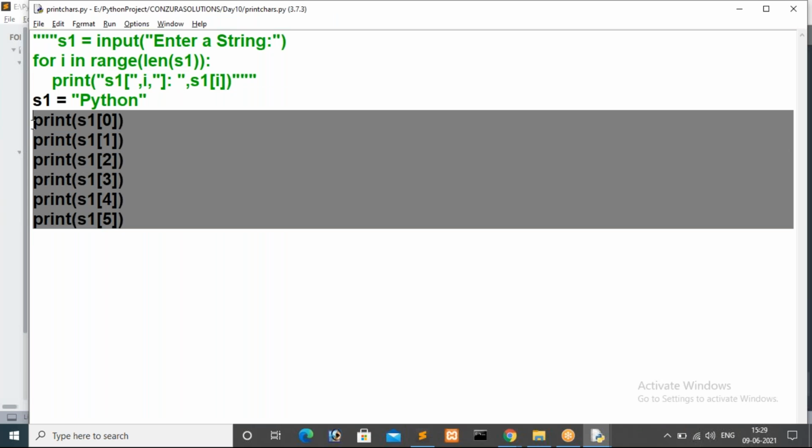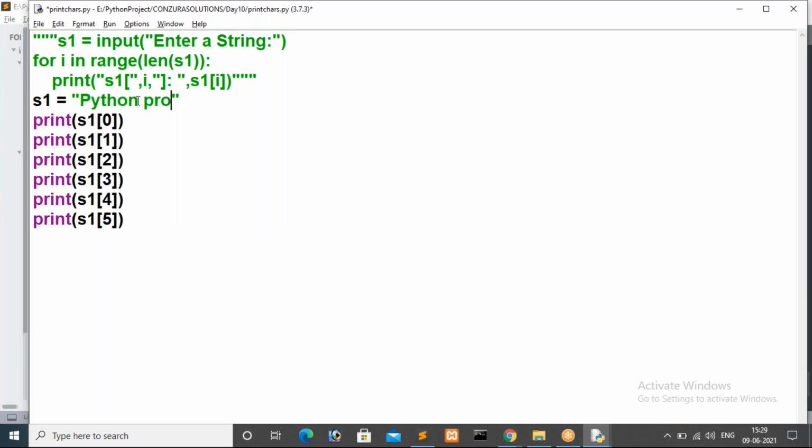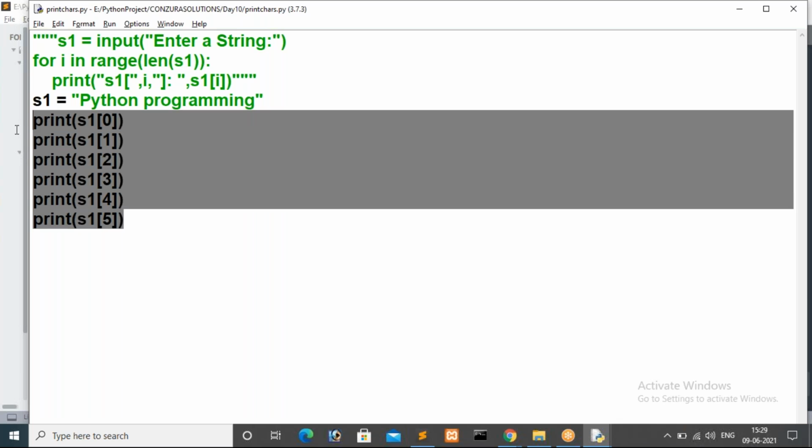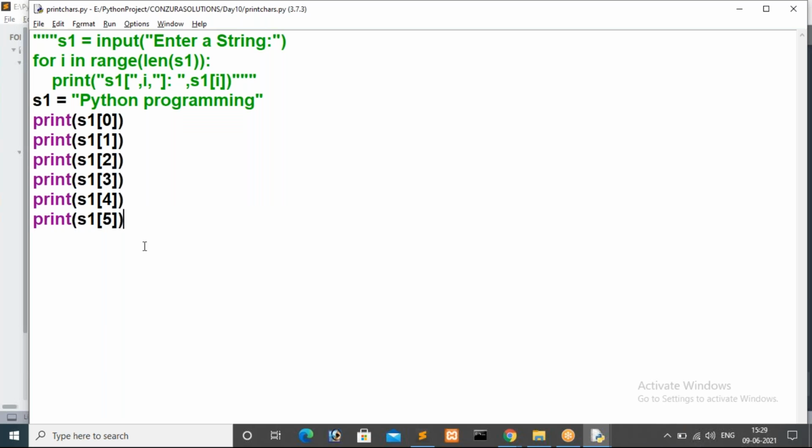If I give input like Python programming, and I change s1 like this, will these statements print the entire string? You just assume. It will print only up to 5 characters, I mean only Python. It won't print the rest.